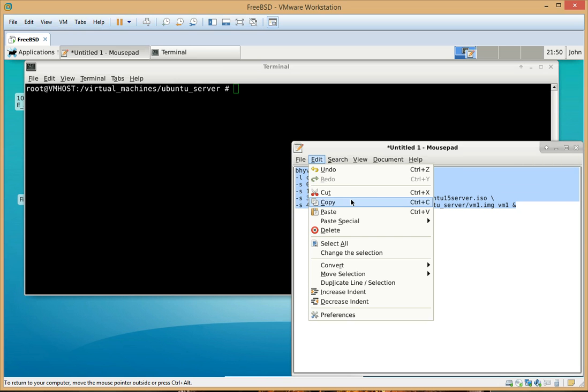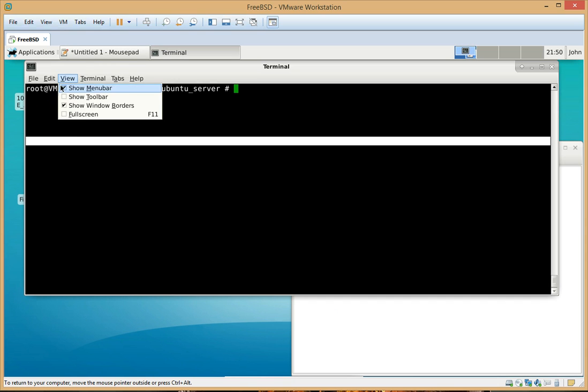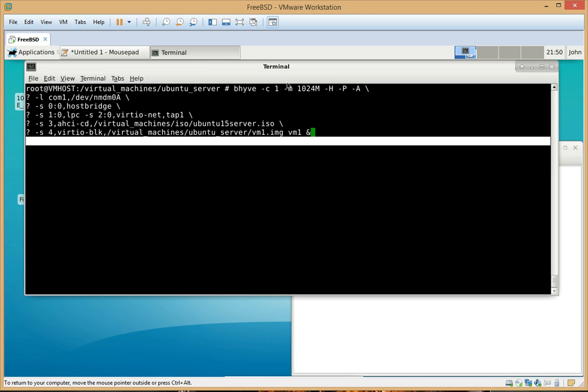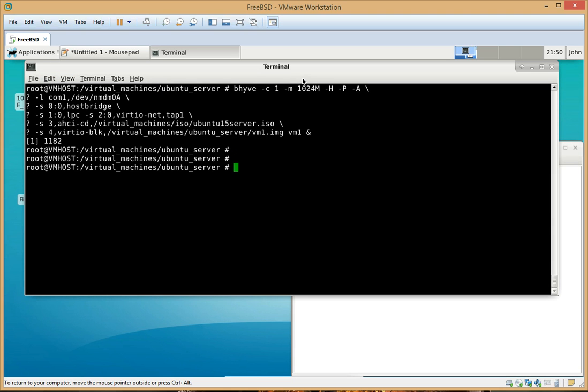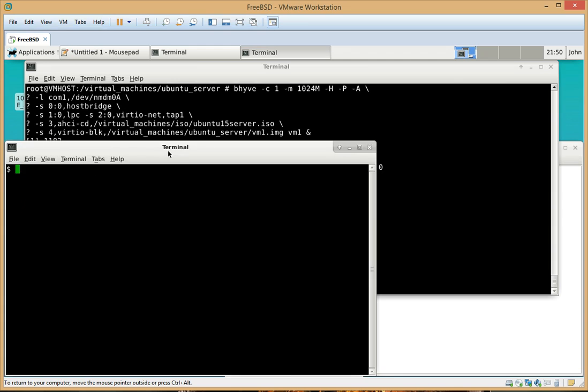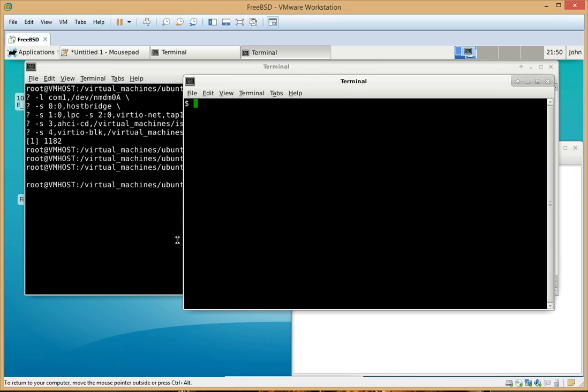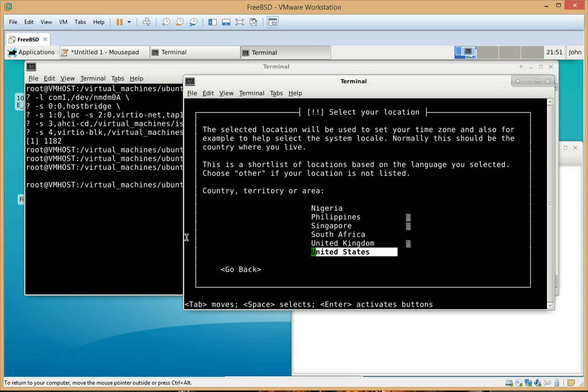So we're going to edit this, copy this, and paste this in here. And when I press enter, there you go. Now, the way we're going to connect to this is we're going to open up another window here, and we're going to go to root, and we're going to use this command called cu, which is basically connect to Unix /dev, and we're going to go to the B side of it,